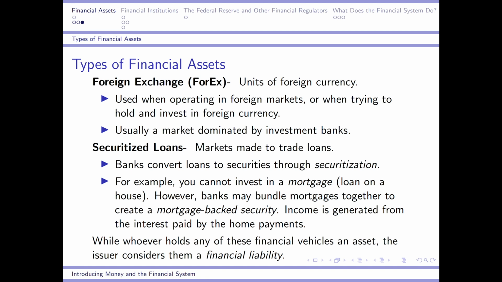The first one is the foreign exchange market, or Forex market. And this just means that we're now trading in units of foreign currency. The Forex market really exploded as companies started to globalize. Because if I own a company and I want to set up a manufacturing plant in China, I can't buy that warehouse, the plant, the labor, the materials in American dollars. I have to buy it in Chinese yen. And the Forex market is where I trade American dollars for Chinese yen